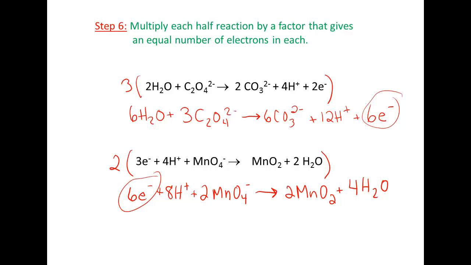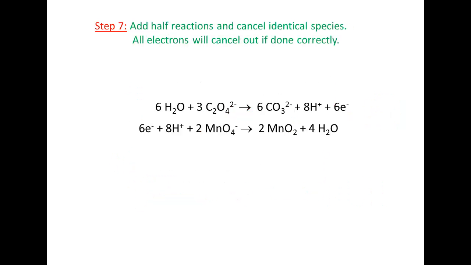And this gets us to our last step, which is step 7: we're going to add the half reactions and cancel out identical species. If done correctly, we should end up with 0 electrons in our equation. So our electrons will cancel out. Now, let's add these up. Our waters, we have 6 on one side, 4 on the other. So these 4 are going to cancel out and leave us with only 2. So we have 2 waters